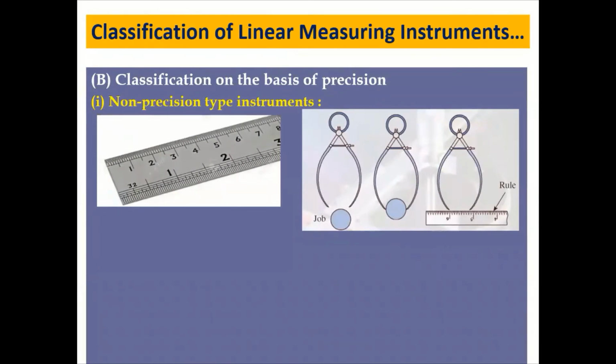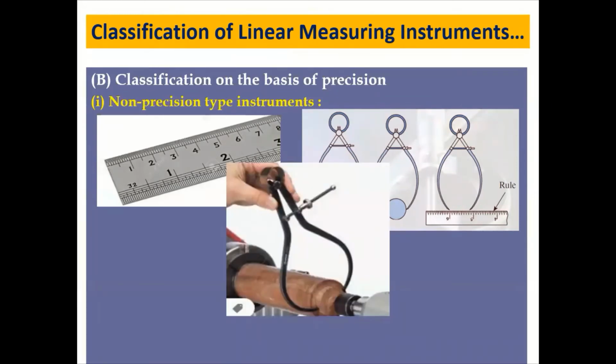The other one is the caliper. These are used for the measurement of parts which cannot be measured directly with the scale. If you see the example here, this is how, while manufacturing on a lathe machine or wood lathe machine, if I want to check the diameter, then I can take the help of this caliper, and this dimension we can transfer on the scale so that we will get an exact value there.